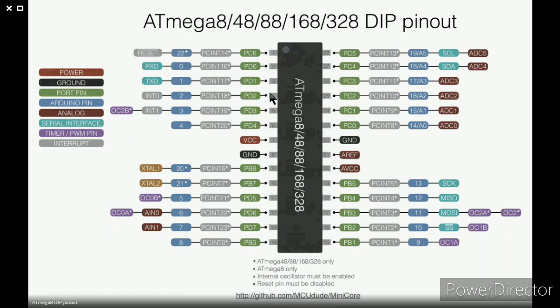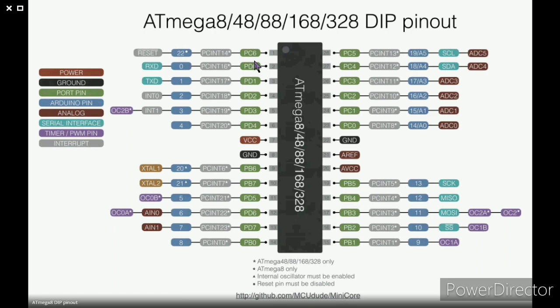The Atmega 8 and 328 are exactly pin compatible, except that some functionality may not be available on the Atmega 8. The programming pins SCK, MISO, MOSI and reset are exactly the same.